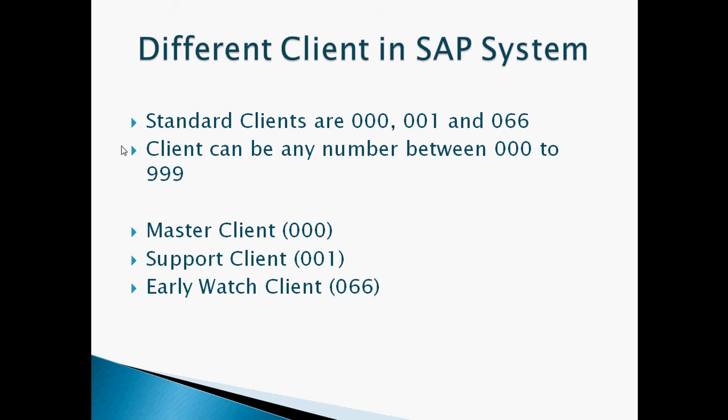The last of the standard clients we have seen is the EarlyWatch client. It is used by SAP only to generate EWA reports, that is the EarlyWatch Alert reports. The EWA report comprises the solution given by SAP through which one has to maintain their system. It comprises all the information about the parameters related to OS, DB, and application. It also has clear information about the programs which take high response times, and you will also get suggestions to fix it.